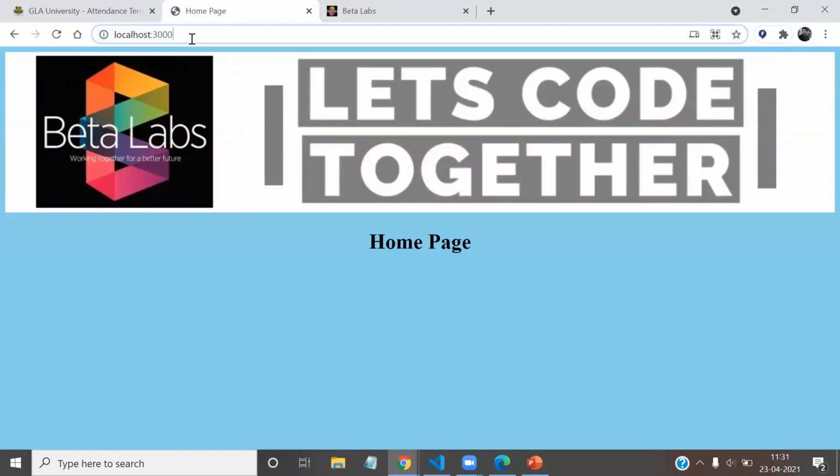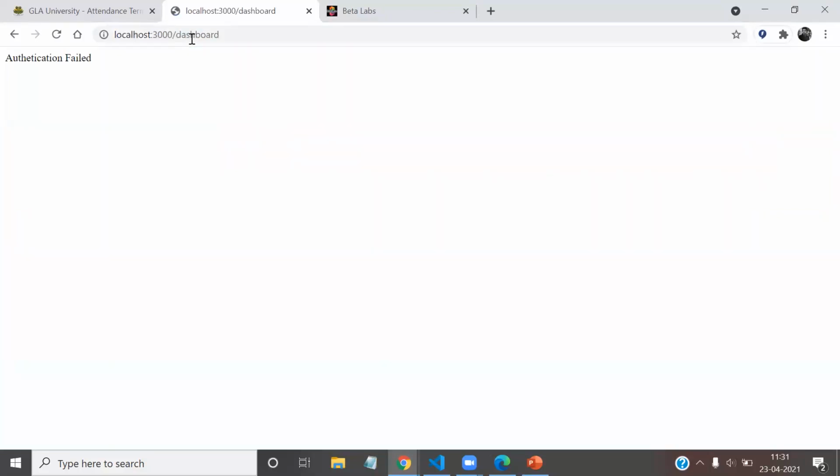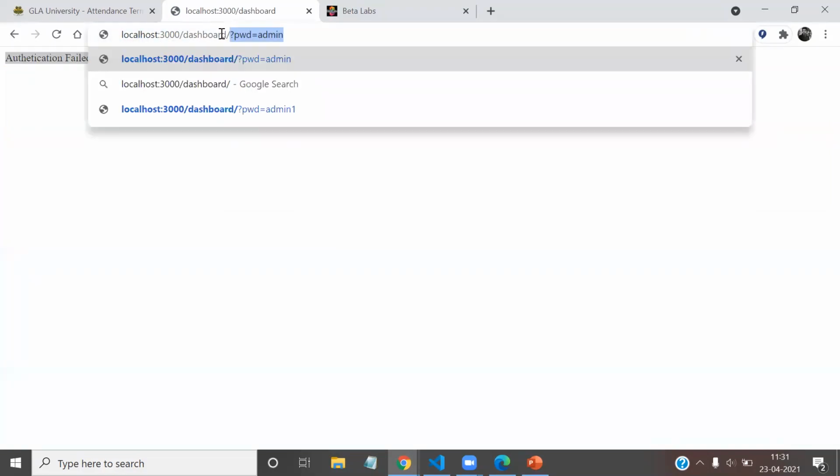Now we can also access the dashboard page. So if I'm trying to access the dashboard page directly without doing any authentication, it will just send me the error handling response, that is authentication failed. If I'm trying to access with the proper authentication, then it will put me into the dashboard page.